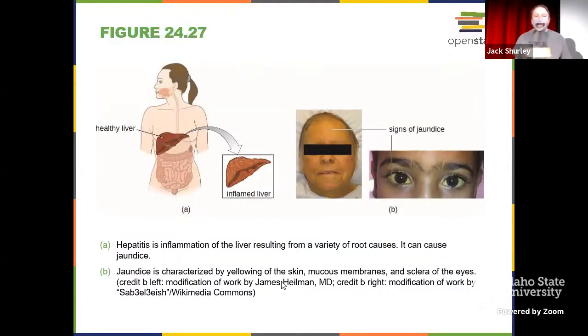So as we see this image, we start off with an individual with a healthy liver, and then we look at the little cutout with the inflamed liver. With jaundice, you get a yellow tint or tinge to the skin. The whites of the eyes are definitely a characteristic sign where they become very yellowed. And I think there's maybe another image with that here in just a second.